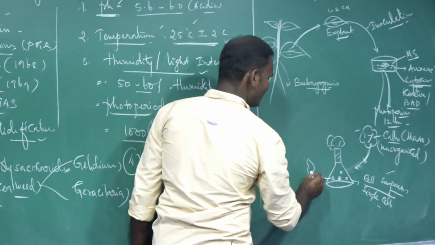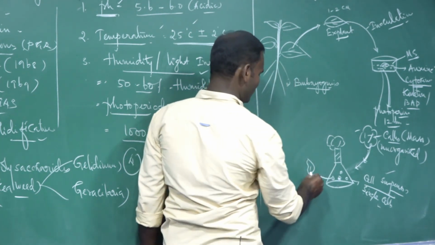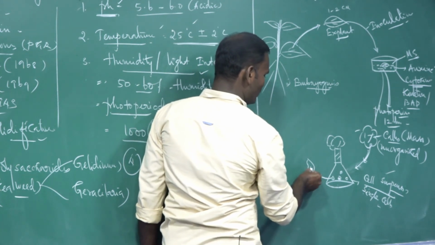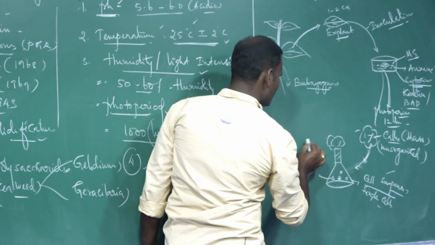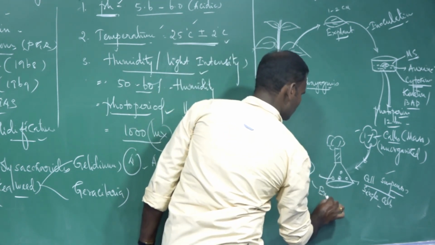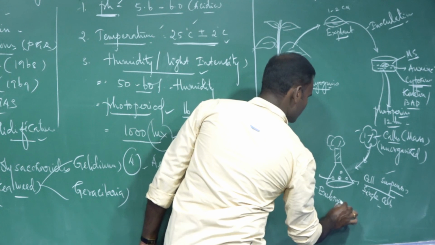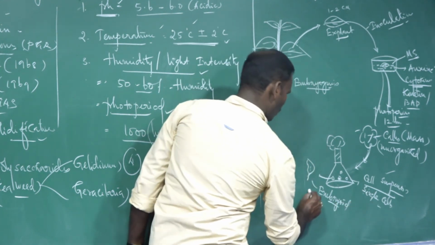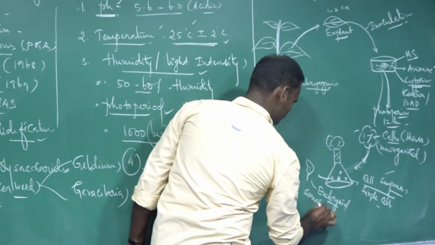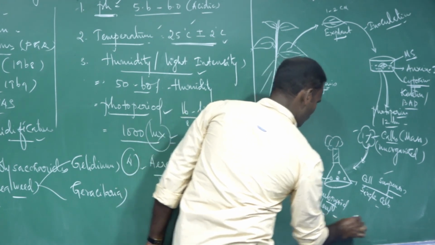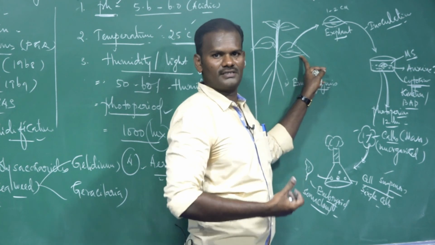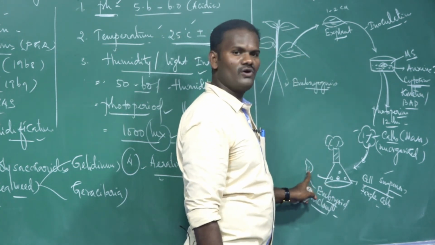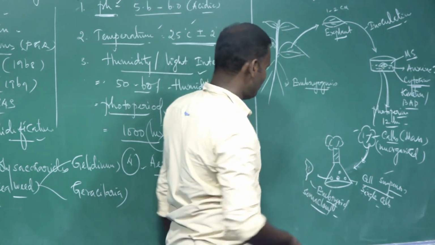Yes, these are the early embryos developed. The process of development of embryos from the callus gives what are called embryoids. Embryoids are also called somatic embryos, because the embryo is developed from somatic cells, not from the reproductive part. Such an embryo is called a somatic embryo, also called an embryoid.